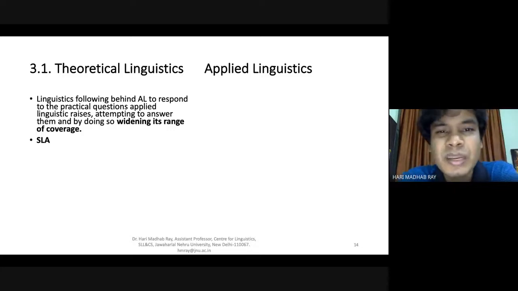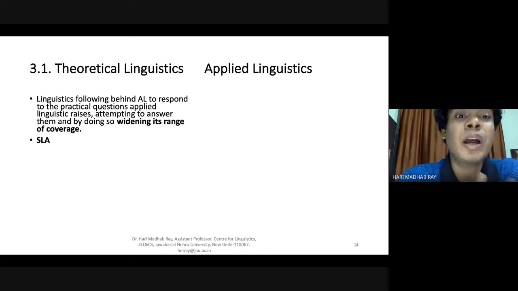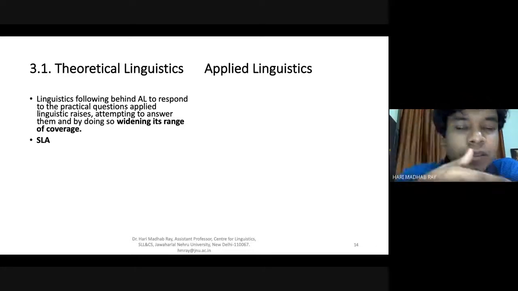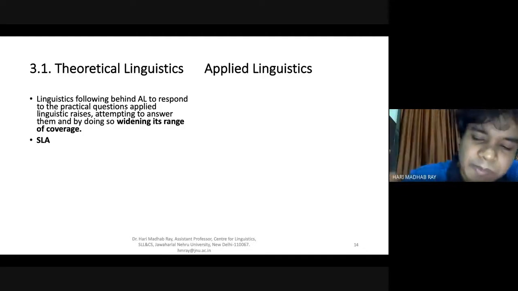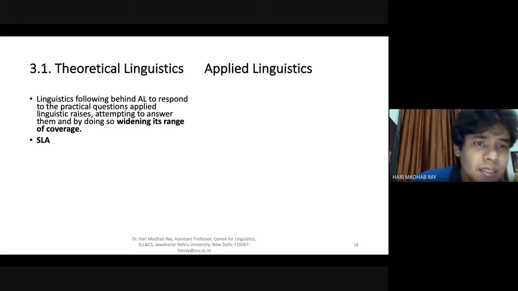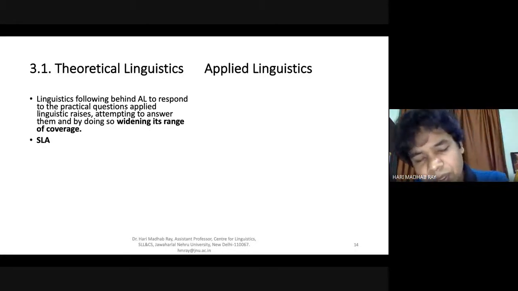So we can mutually learn from one another. I should not think that, as a theoretical linguist, an armchair linguist, what I know is best. You should be very practical, and applied linguists are meant to be practical people, in a way. And this is where many theoretical linguists